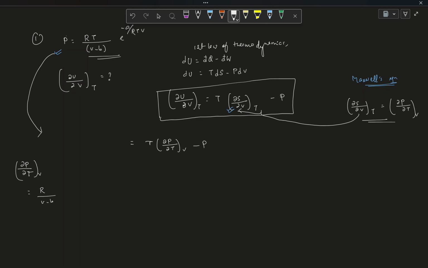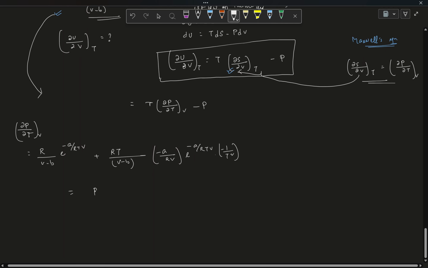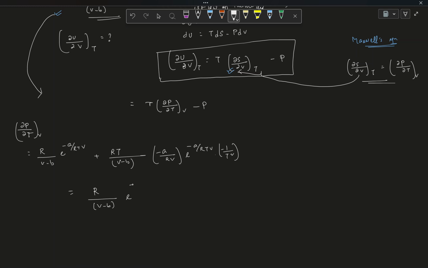So this is R by V minus B e to the power minus A by RTV. First you take the derivative on the temperature term and keep the exponential term constant, and then you take the derivative on the exponential term, which is minus A by RV e to the power minus A by RTV, into, because there was 1 by T, minus 1 by T squared, right? So this is just R by V minus B e to the power minus A by RTV,